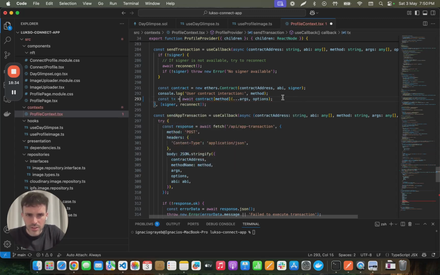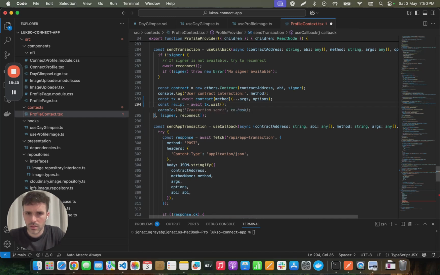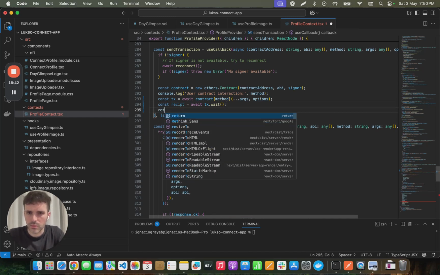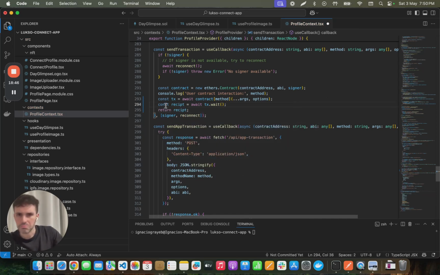Normally, this is the transaction, and then you get the receipt, which is this, right? And we would return the receipt. This way, we make sure that anything we do afterwards, the blockchain transaction actually went through and it's all confirmed and everything. So I ran into an issue that